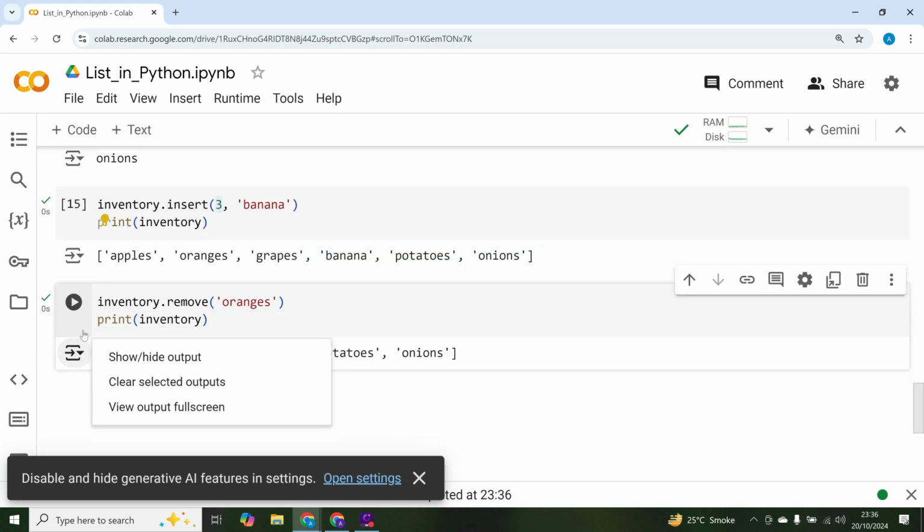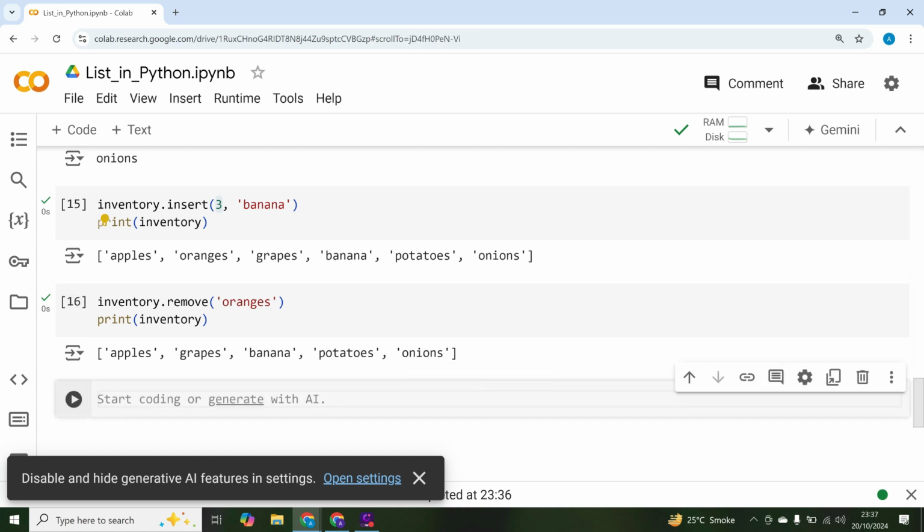Sometimes you can also remove something based on its index. So I just heard from another person in the store that we have run out of potatoes. I don't know exactly the spelling, but he just tells me to please remove the item at index 3 from the inventory. So to remove the item at index 3, I can say inventory dot pop